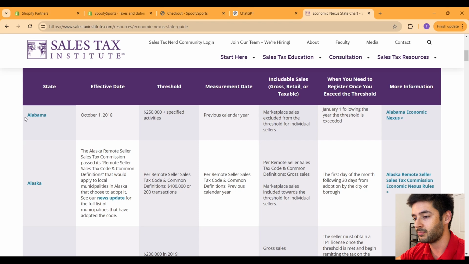So for example, Alabama is going to have a different threshold from Alaska. So you guys can see the threshold here is if you sell $250,000 plus specified activities in a calendar year. If you're selling something to someone in Alabama and your business is located in Texas, until you meet this particular